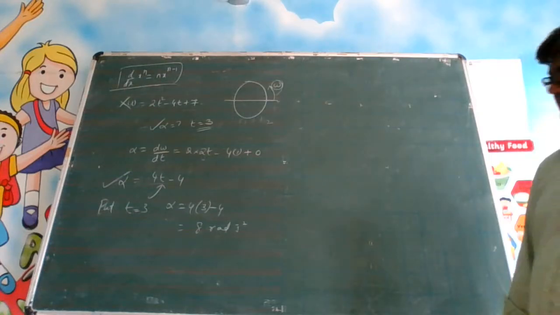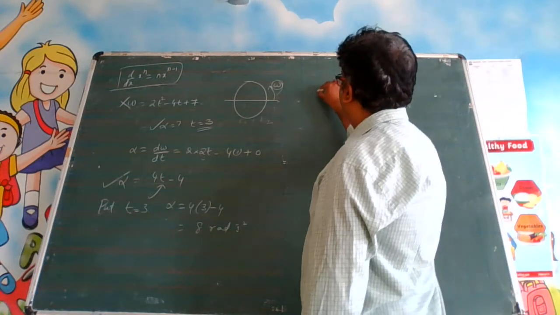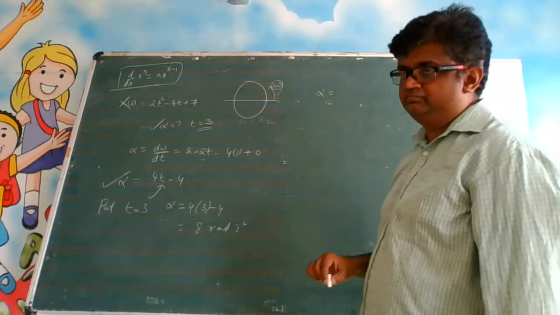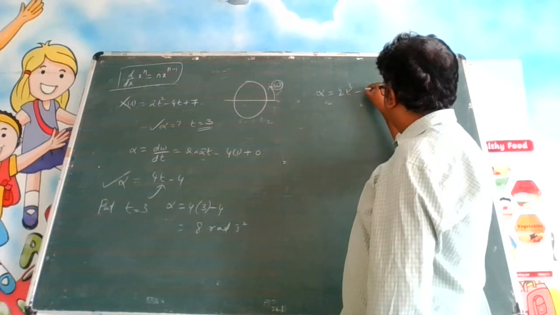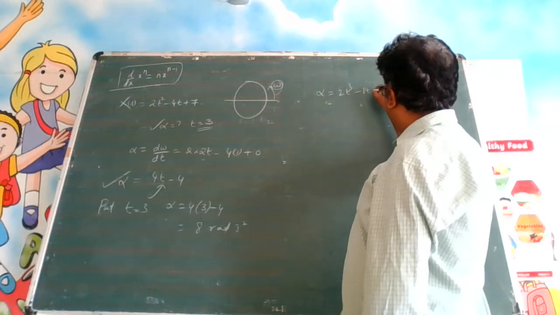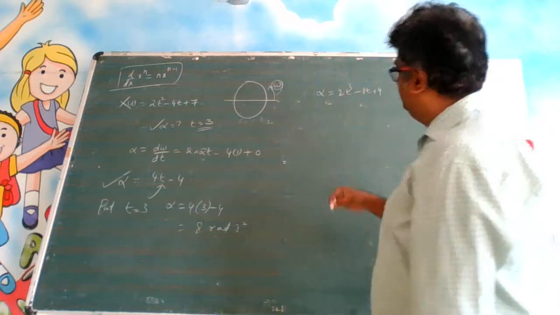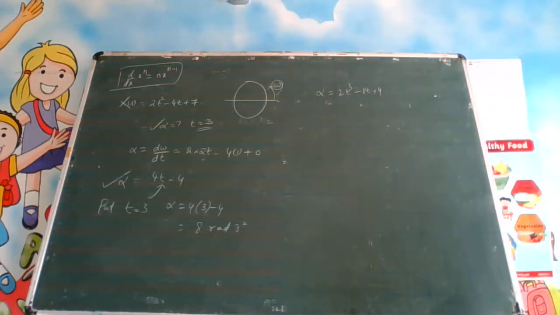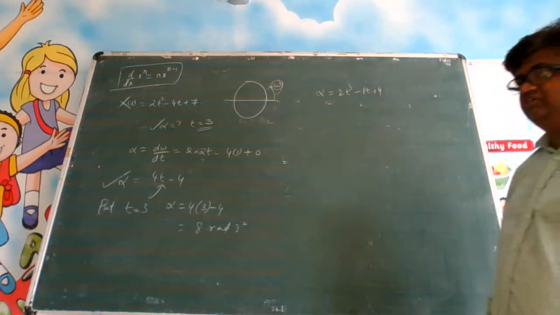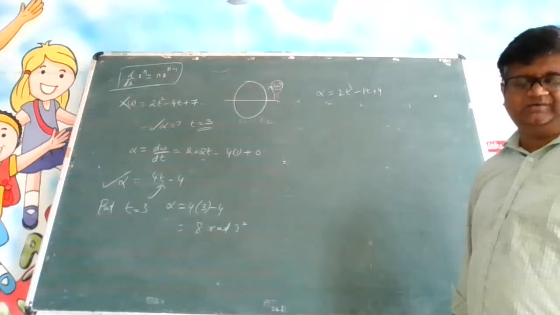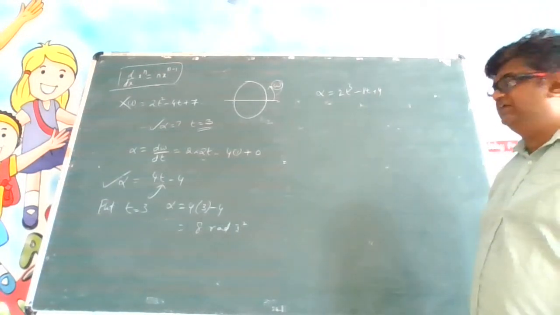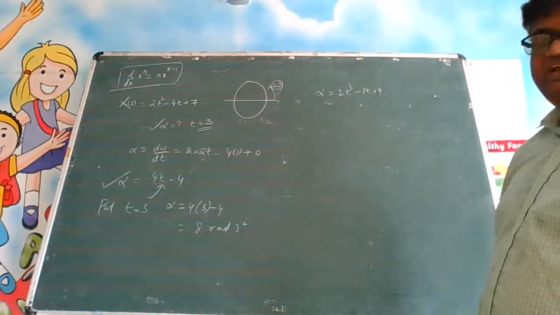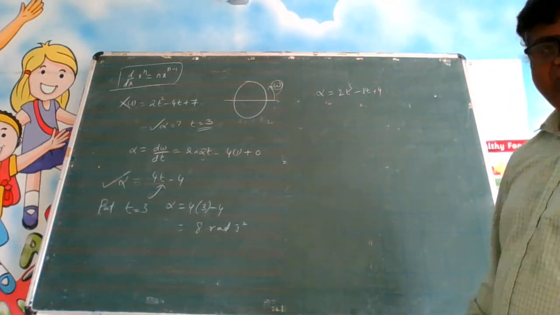In some other question, let us say alpha value is given. Angular acceleration alpha is given, and this time 2t cube minus 8t plus 4. This time alpha value is given, and what you are supposed to find out? In the question it is asked that find the expression for omega, given that the initial omega value was 0.